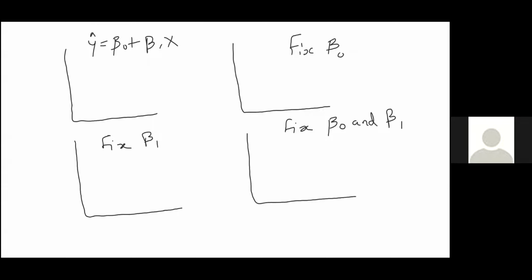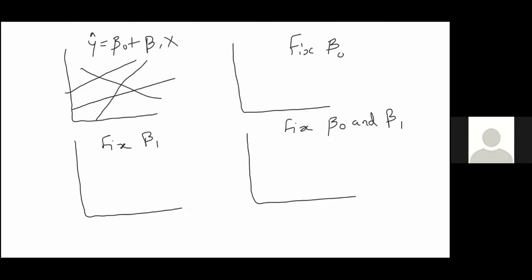Now let's look at a simple regression equation. Y cap is equal to beta 0 plus beta 1 x. Now in the first case on the top left, if we haven't fixed beta 0 and beta 1, we have 2 degrees of freedom. So our intercept beta 0 is free to be changed, and our coefficient beta 1, which is the slope, is also free to be changed. So if we have to plot this graph, we can plot any which ways we want. So we can have a line like this, like this, like this. So you have 2 degrees of freedom here, and you can have any slope and any intercept.